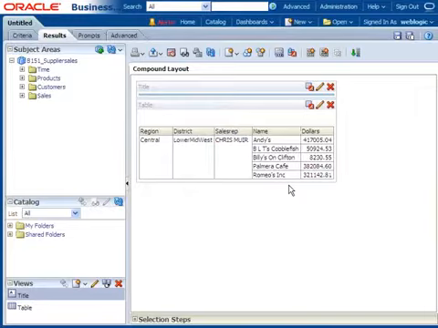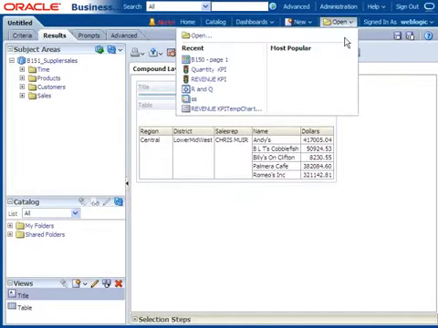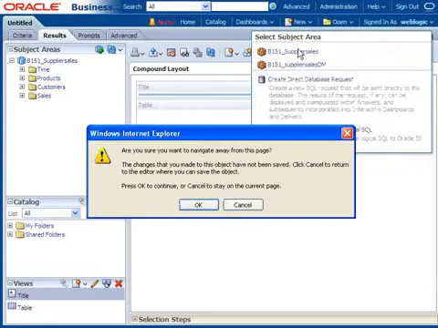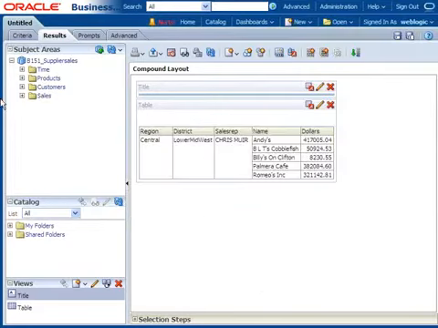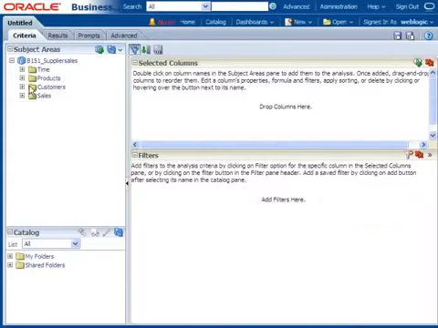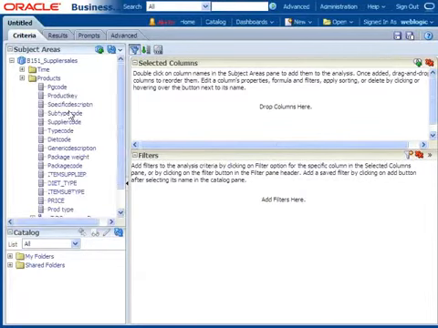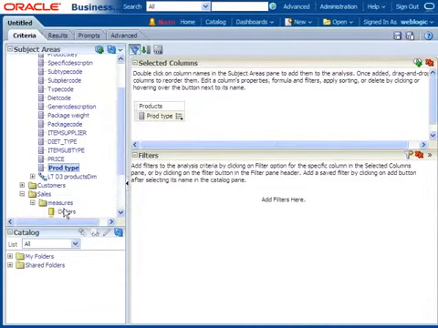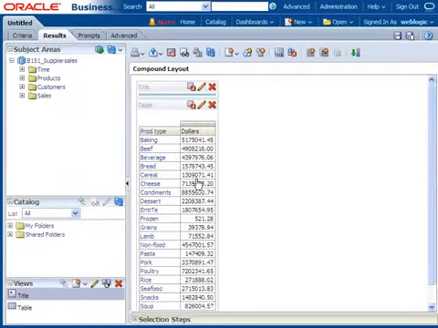Similarly, can you validate the product hierarchy? Let us go and do that one. I am going for new. I am going for analysis, B151 supplier sales, click on OK. Now I am taking into my report one column, product type. Then I am taking one more column, that is measures dollars. Then I am clicking on results. If I click on this product type, where should we go, sir?